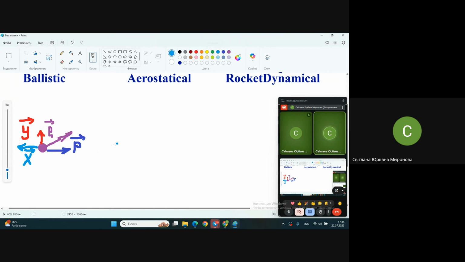And why doesn't it fly away somewhere into space? Because something counteracts it, no? And this something is the gravity force, directed to the Earth, directed to the center of the Earth. So we see seems like four forces acting on the object, but to be frank, as I already said, this